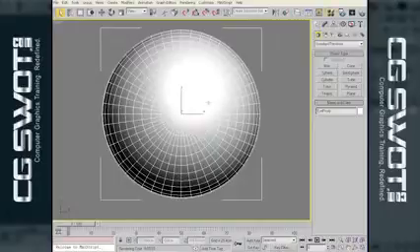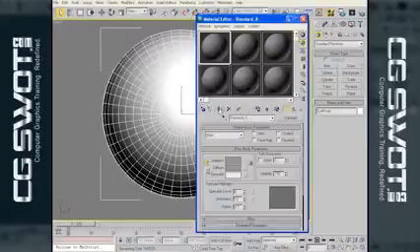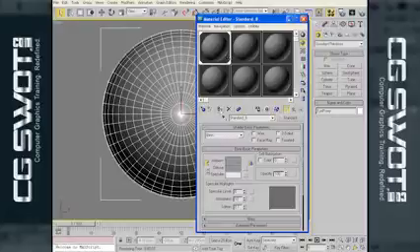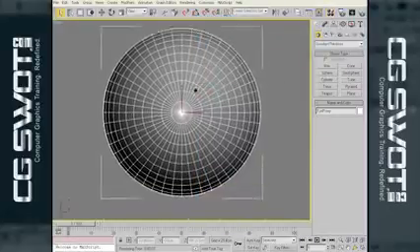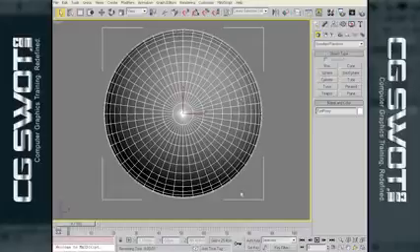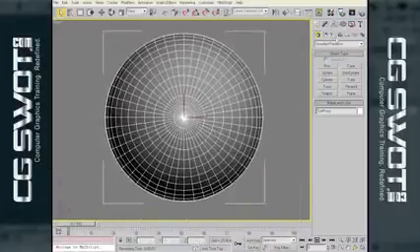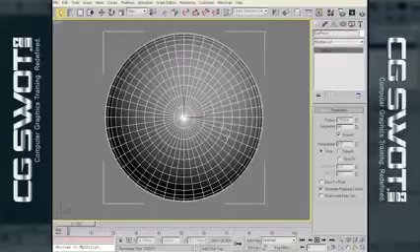I'll just go M and just give it a default material, just this first material swatch, and just apply to geometry there. Just makes it a little easier for us to see what we're doing. It doesn't have any specular highlight on it. Okay, so the first thing we need to do is we need to select enough segments in our sphere so